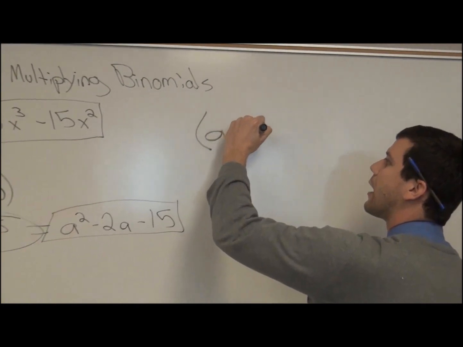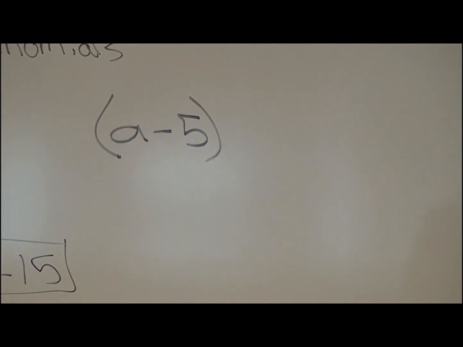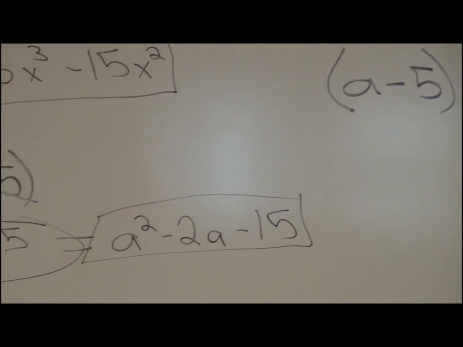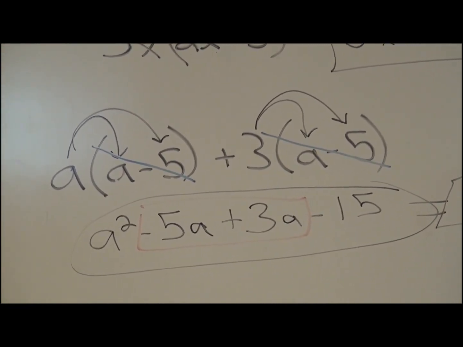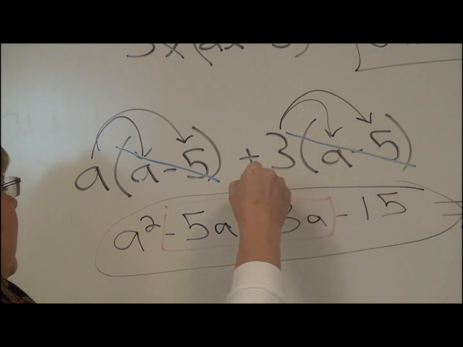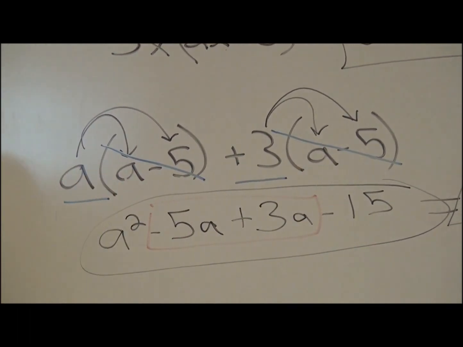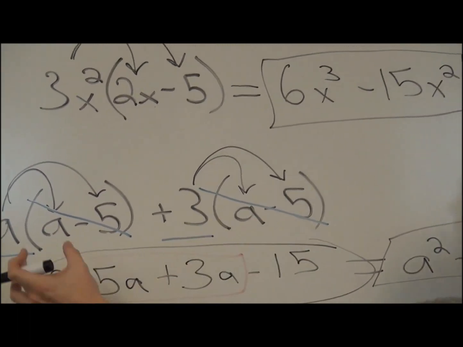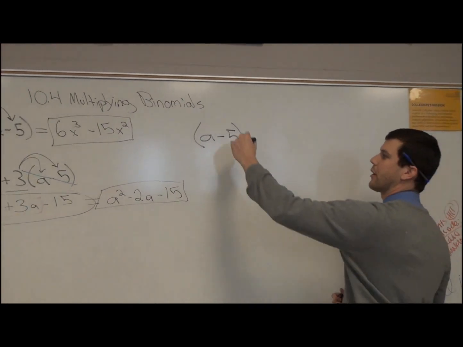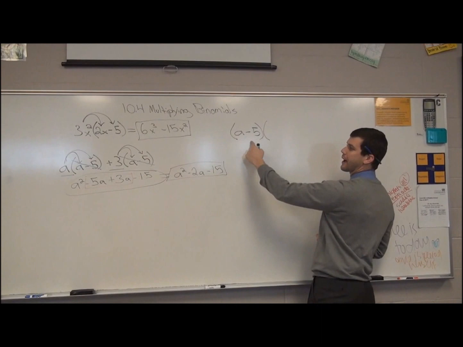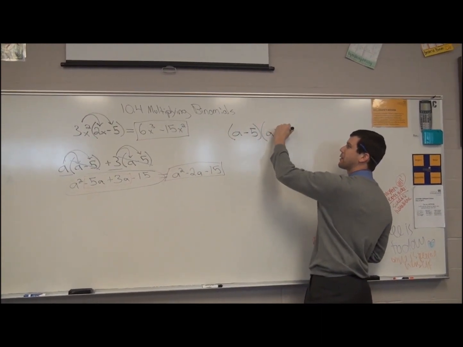So if we do that, what's left? What else do we have? An a left, and there's a 3 left. We have the a and the plus 3 as other factors of this expression. A was being multiplied to a minus 5, and the 3 was being multiplied. So I have one factor of a minus 5, another factor of a plus 3,